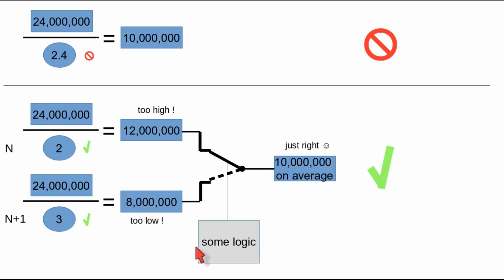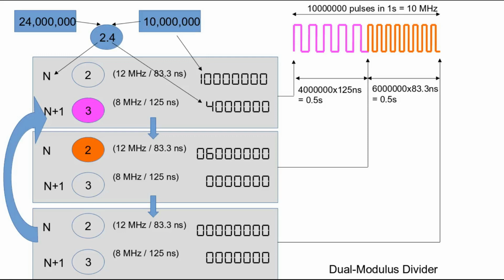A programmable divider can now employ some logic to quickly switch between the too low and too high frequencies in such a way that the average frequency at the output becomes the desired target frequency. The dual modulus divider is probably the simplest way to make such a divider. This gray box here represents the dual modulus divider, and I only show it 3 times to explain its status